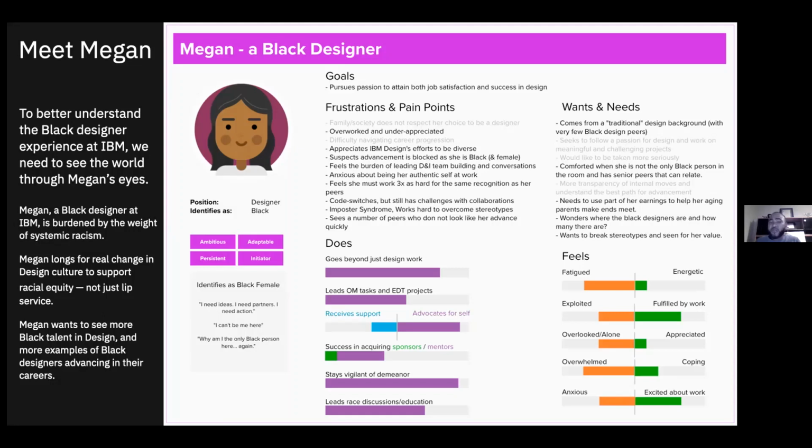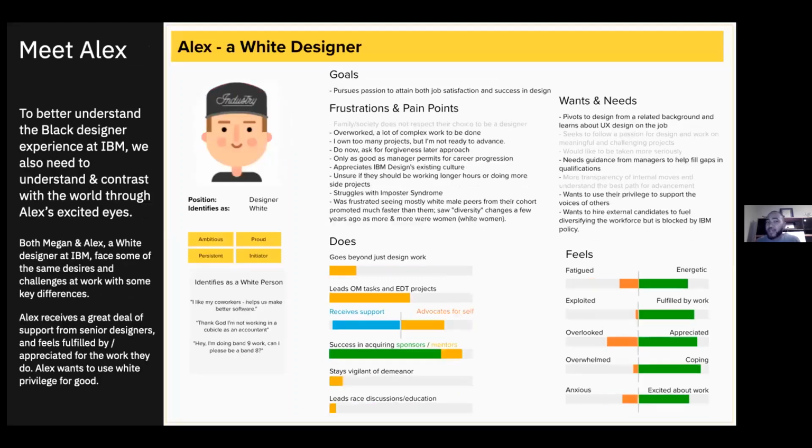So let's, for instance, look at does. Megan goes beyond just design work, and you can see that bar is fairly filled. If you just skip down to near the bottom, Megan stays vigilant of her demeanor. That's also pretty full. She leads race discussions and education at work. That's also pretty full. Okay, so if we look at that bar chart and we flip to the next slide,